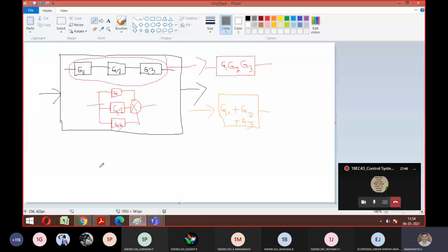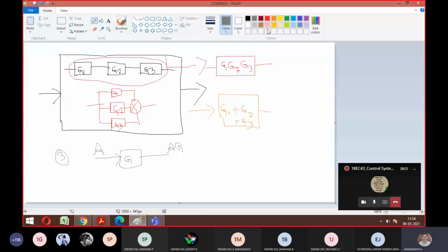See, this will be understood clearly when you solve the problem, but you should know what rules you should apply by seeing the problem. For that purpose, I am telling you. So assume that A is an input given to G. So what is the output from this? It is AG. It's a product, right? So A is multiplied with G to get AG. So now assume that there is a breakaway point here. So I'm marking a breakaway point here.